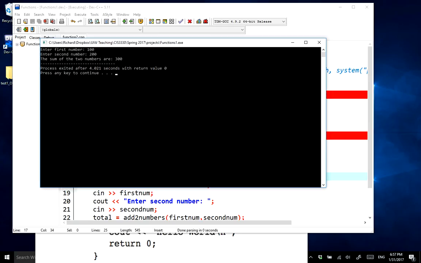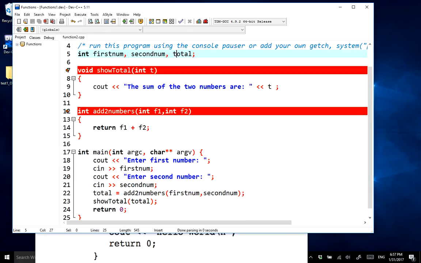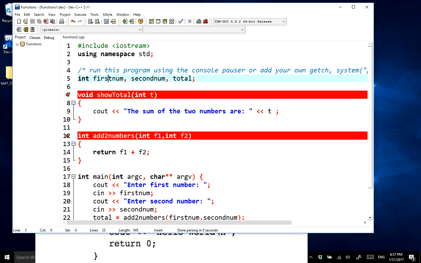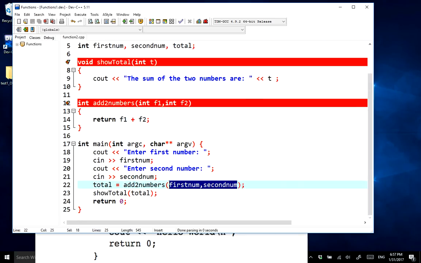So it still works. So what I'm saying is, see the fact that I moved it outside our main function here, right? So that means that this variable here now has become a global variable. What does that mean? That means now that once they become global variables, I don't have to worry about this first num, second num here. See this first num, second num right here? I can just actually,